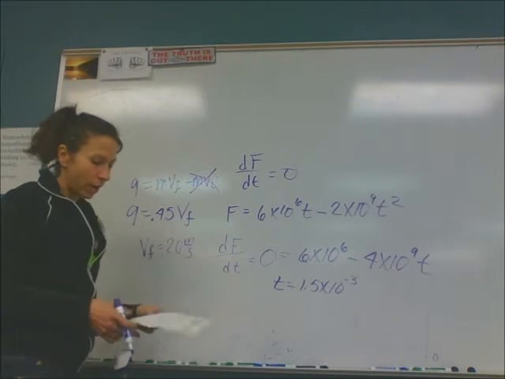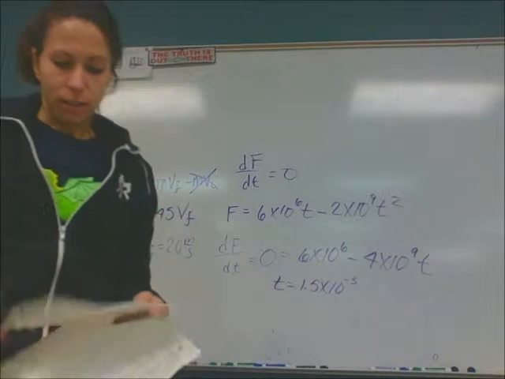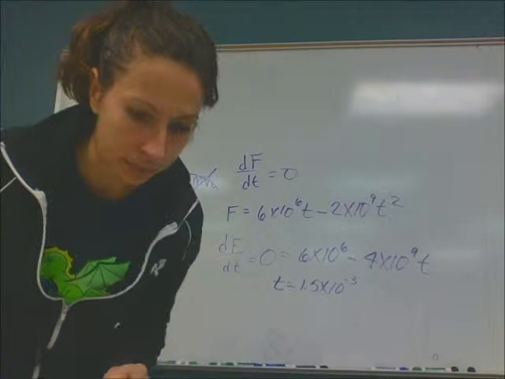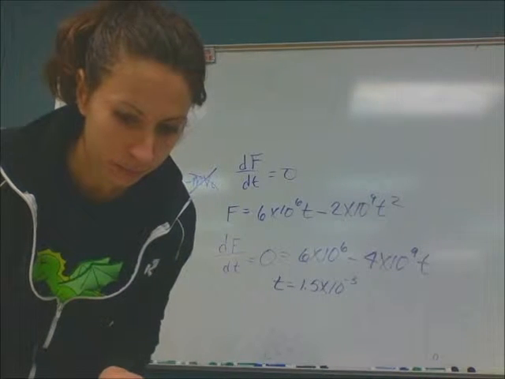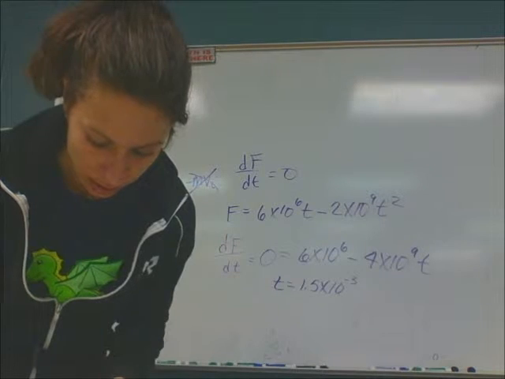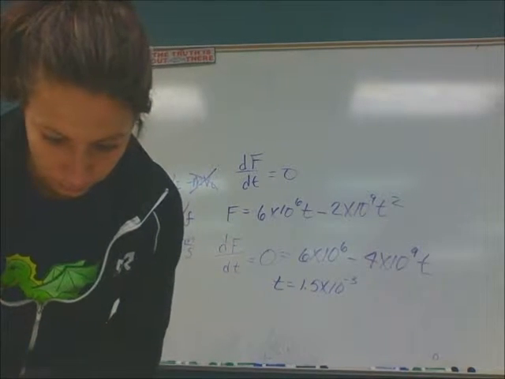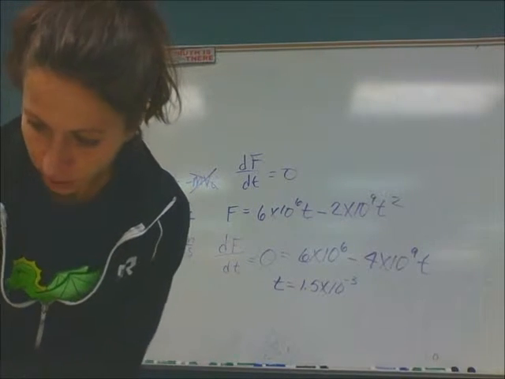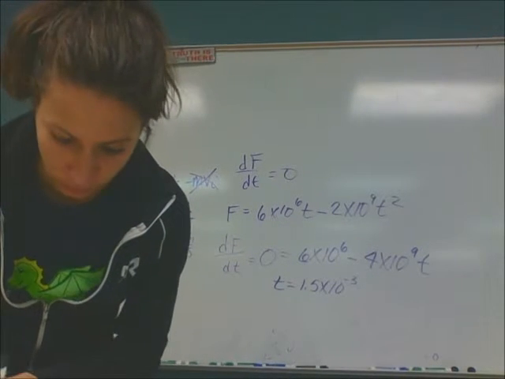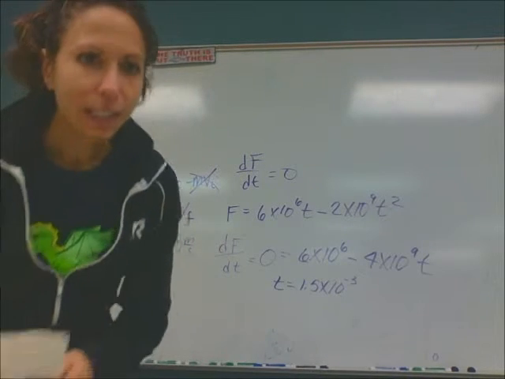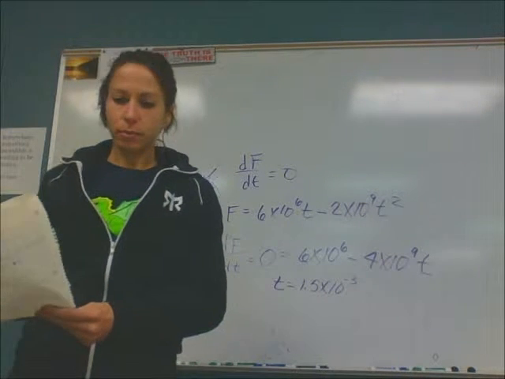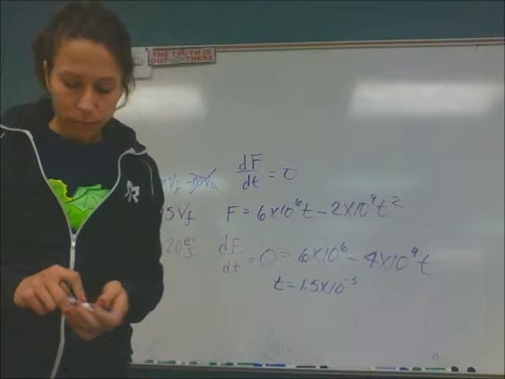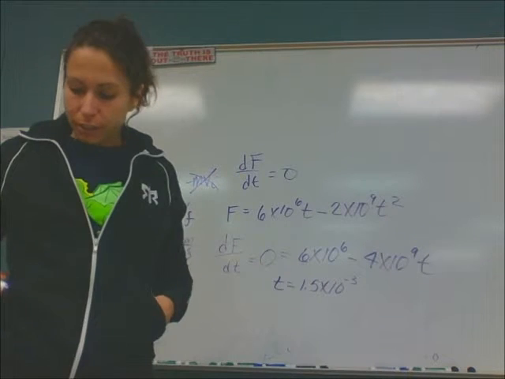Let's do number 51. Number 51 is kind of a two-parter. And it says you have a 3.5 gram bullet fired horizontally at 2 blocks at rest on a frictionless table. The bullet passes through block 1, which has a mass of 1.2 kilograms, and embeds itself in block 2, which has a mass of 1.8 kilograms. The blocks end up with speeds of 0.63 and 1.4 meters per second, respectively.